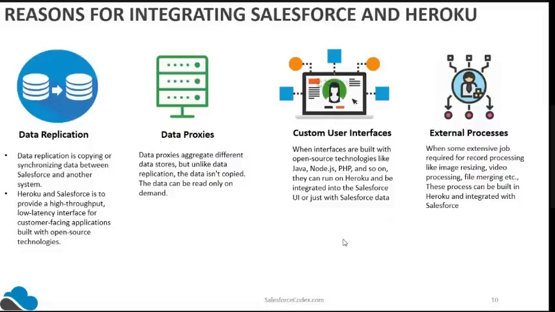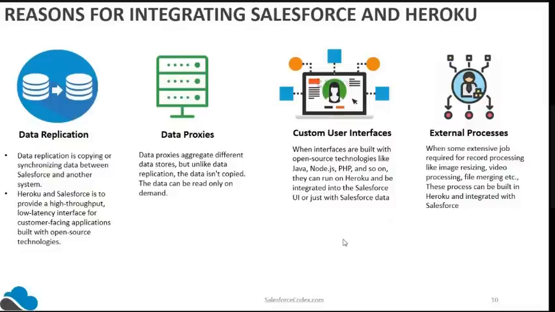So you have to update your master database, which is the Salesforce system. You need some kind of system which will integrate data from your Postgres to Salesforce. There we need data replication.